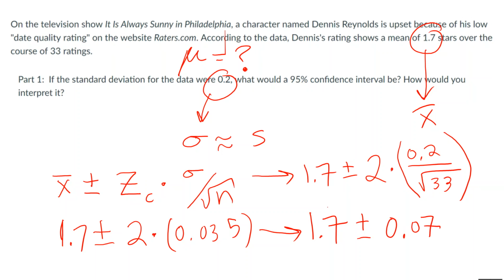So now we have the mean as 1.7, and we have the margin of error as 0.07. Remember, we're talking about stars here. This is what a 95% confidence interval will look like. So we need to take 1.7 and subtract from it 0.07, and this will tell us our lower bound, 1.63. That's our lower bound. So I'll put an open parenthesis, I'll put a comma. 1.7 plus 0.07 is 1.77 stars,